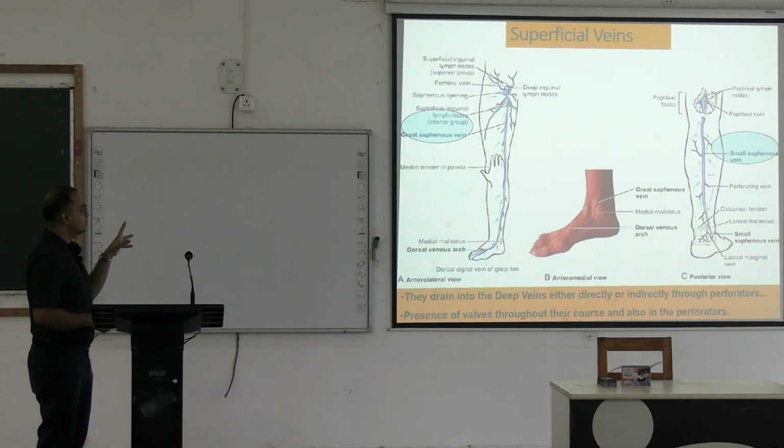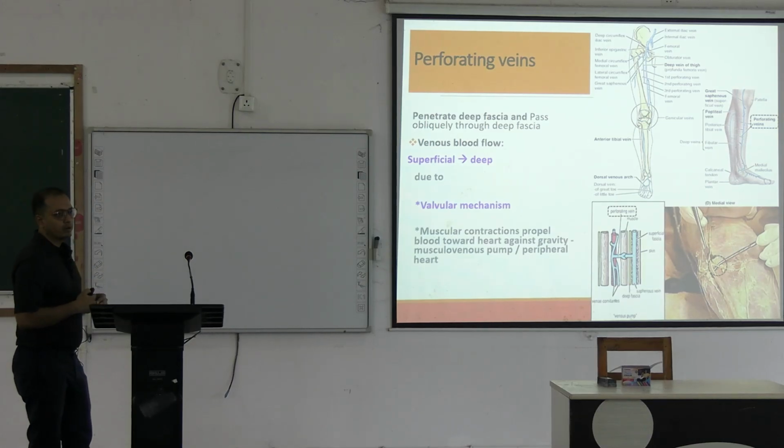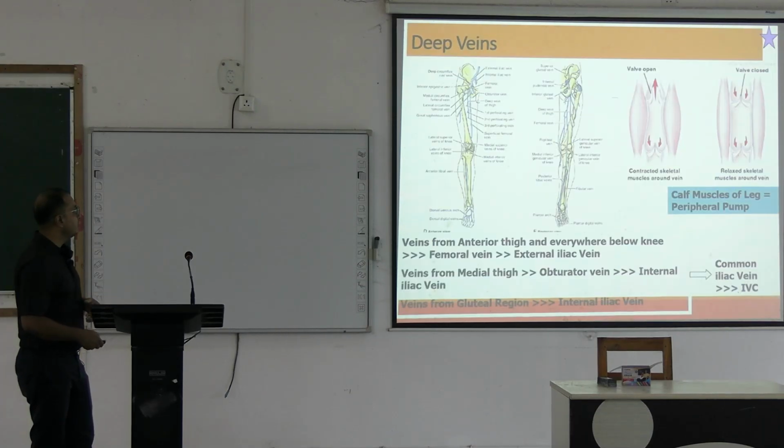Now, joining the superficial veins to the deep veins, we have bridging veins, the perforating veins. Blood flows from superficial to deep through these perforating veins. They have valves that are one-directional, allowing blood to go from superficial to deep. If by any chance these valves are lost, we have retrograde or reversal flow. That means blood from the deep vein drains to the superficial vein, and the superficial vein becomes engorged and dilated, which we call